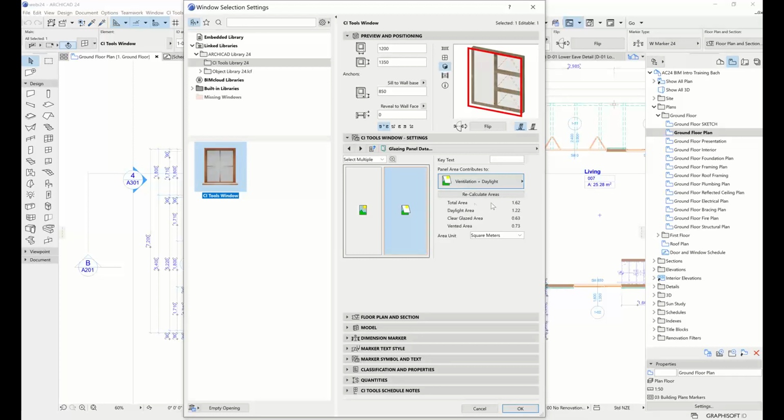Obviously, everything is going to be smaller than the total area at all times because that's the entire size of the window, including the frame. So everything will be less than that, but the amount that they contribute to each other value will change depending on how you have them set up here. And if you have them set to both,